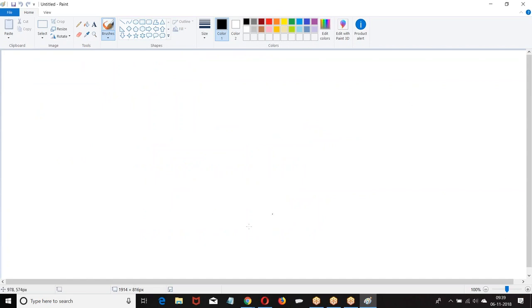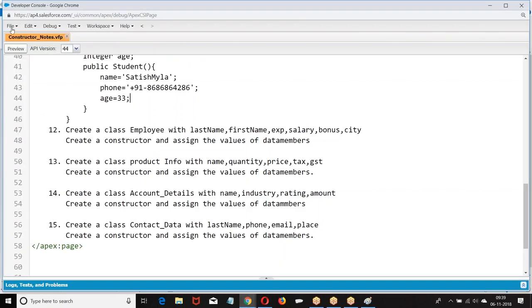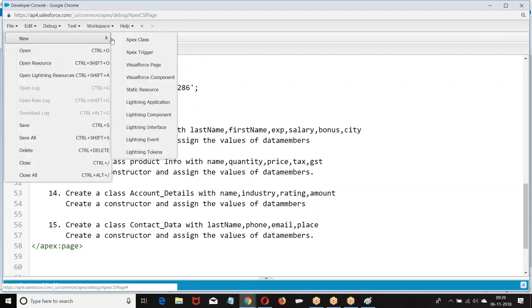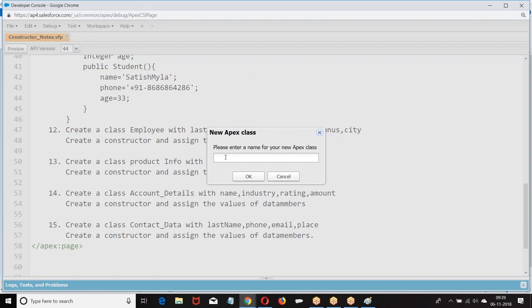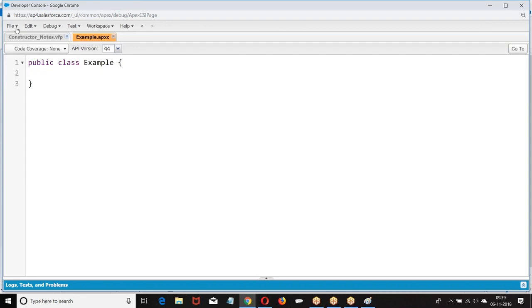Class is only a structure. Look at this. File, new, Apex class. What I'm doing? File, new, Apex class. Now, here I was giving string name. We can write public, private, or protected, but you should know why you are writing it. I can put a class as public, I can also put public in front of the name, but I was waiting to tell you why you are writing it. If you don't write, what will happen? If you write, what will happen? That will be known only when you execute it.